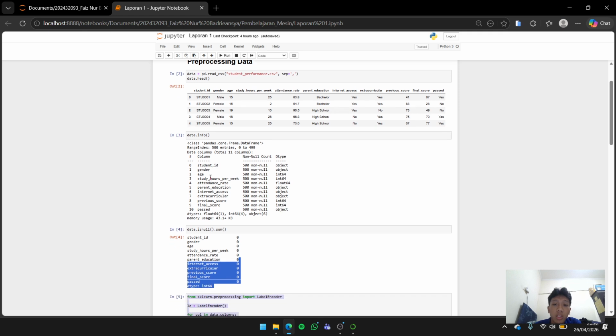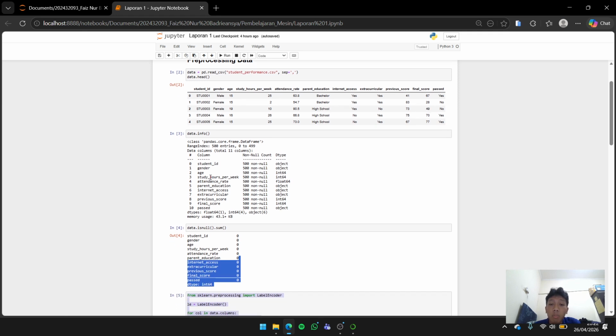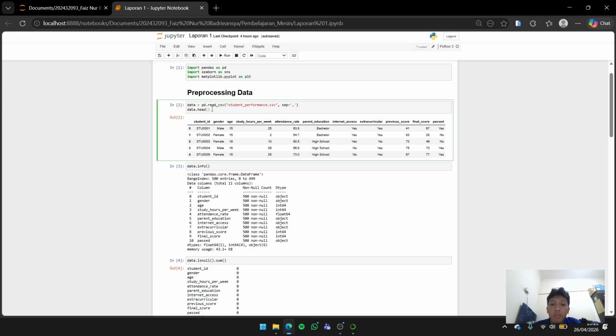After loading the dataset, I perform initial exploration using the head function to display the first few rows of data.